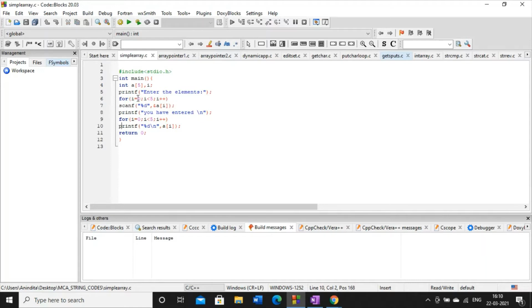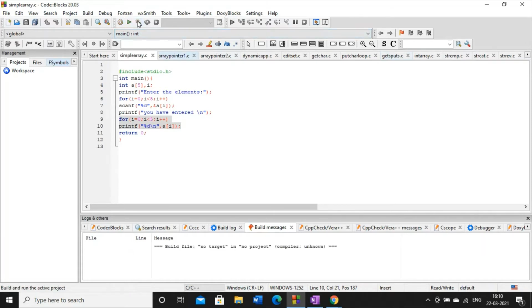Since we started our index from 0, 0 to less than 5 covers 5 values. So this is how we take input using scanf and one loop, and this is how we can provide the output in the output console using one printf statement and a for loop. This is a basic structure that we have to remember.